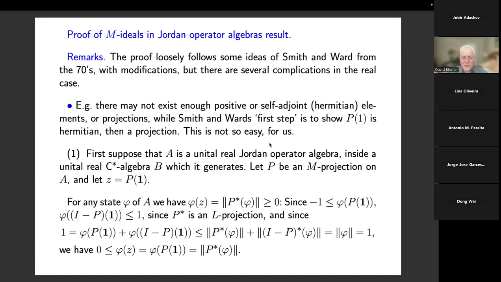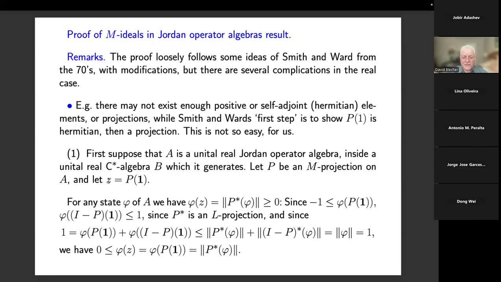So I'll just go very quickly through the steps. And as I say, some of these paragraphs that I'm writing down are just coming from ideas of Smith and Ward. So effectively, in their paper, where they actually consider M ideals and M summands of complex Banach algebras, they basically have the following proof